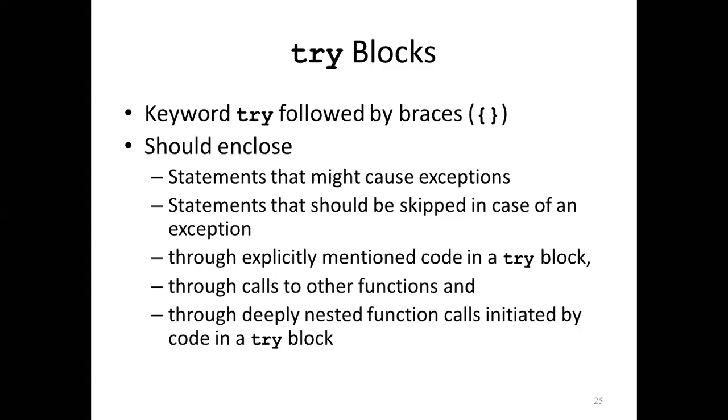Then, with a try block, we need to explicitly introduce this code or line of content, and other functions because of which an exception may occur. It might have some nested functions or some initiated code. So overall, we can say the try block has the code because of which an exception may occur. Now you have to decide as a programmer, because in this whatever the